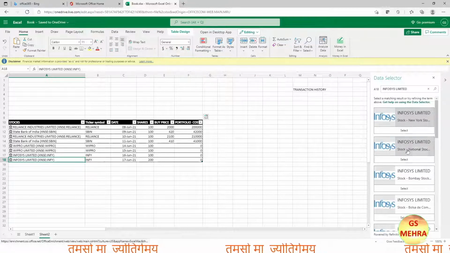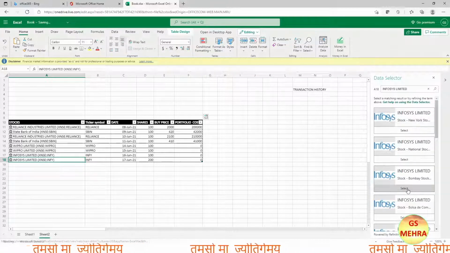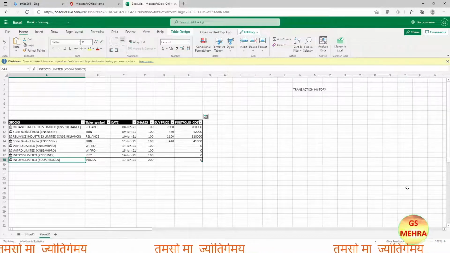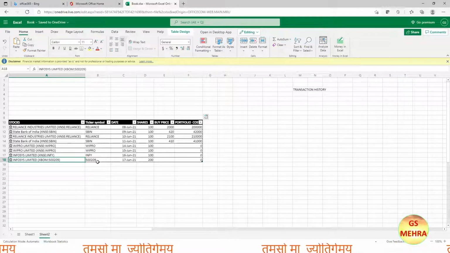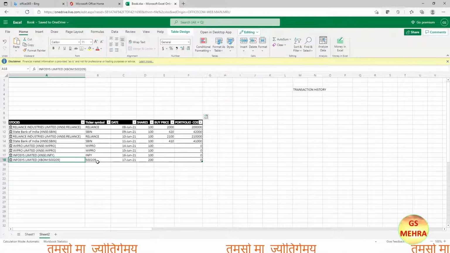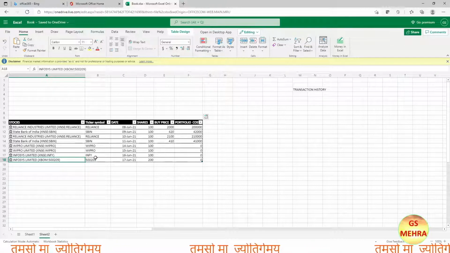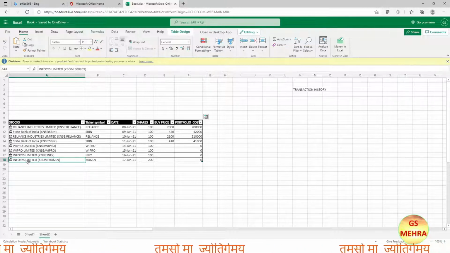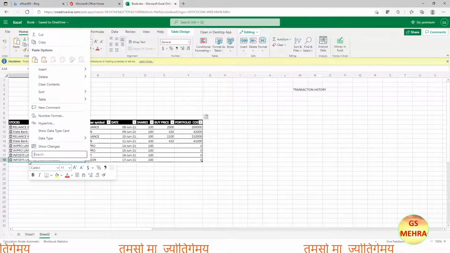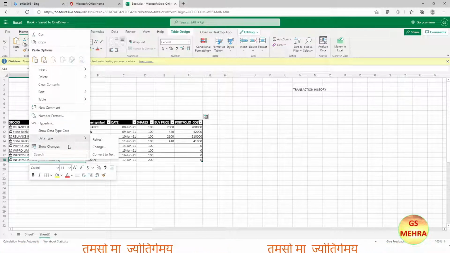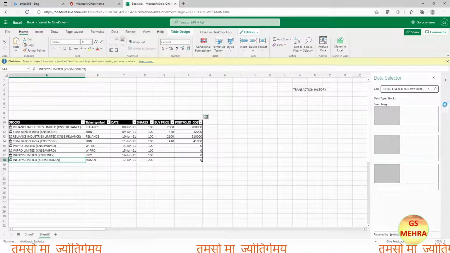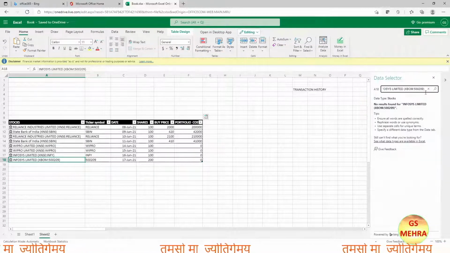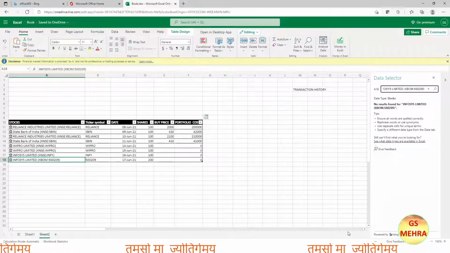So now here the ticker symbol is for Bombay Stock Exchange. So now when we buy the stock, that will be from Bombay Stock Exchange, but this is what we do not want. We want to buy it from National Stock Exchange only. So again doing the same thing, clicking on change, and here we'll just delete the ticker symbol of BSE, and again Infosys Limited, and then click on search.